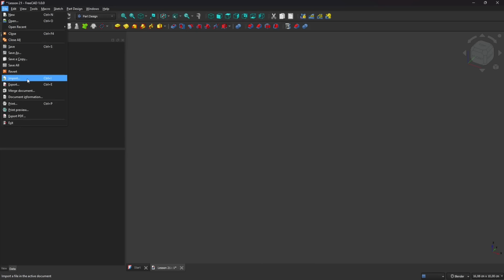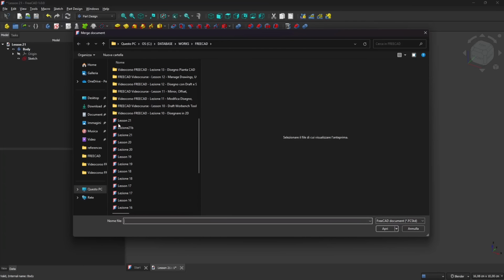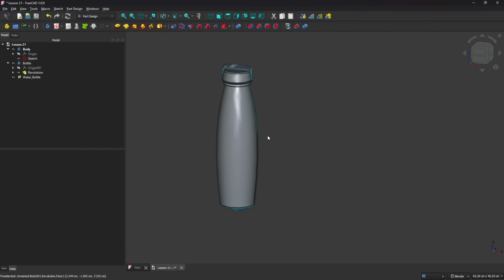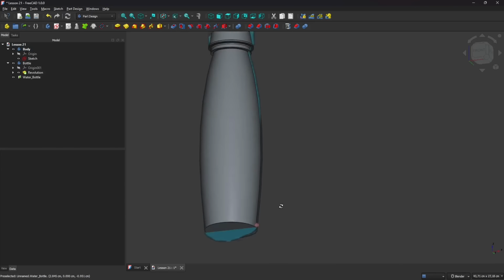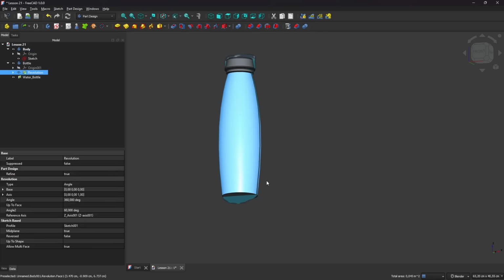So you can import from other software as we saw at the beginning of the course, but we can also merge a document. If you want to use something you created in another FreeCAD file, you can use it. So if I go in my lesson 20, I want to use the files in lesson 20, I can bring them inside and I can use them also as references. For example, I can extract